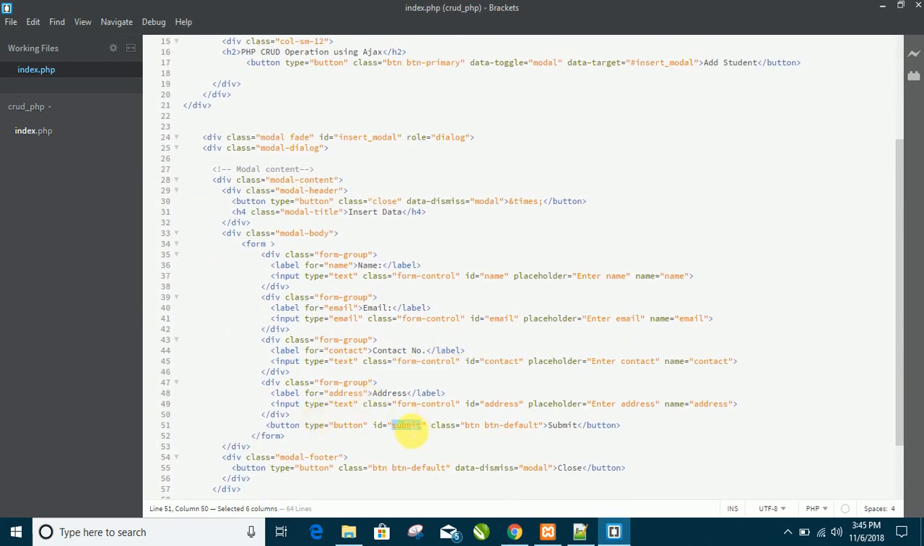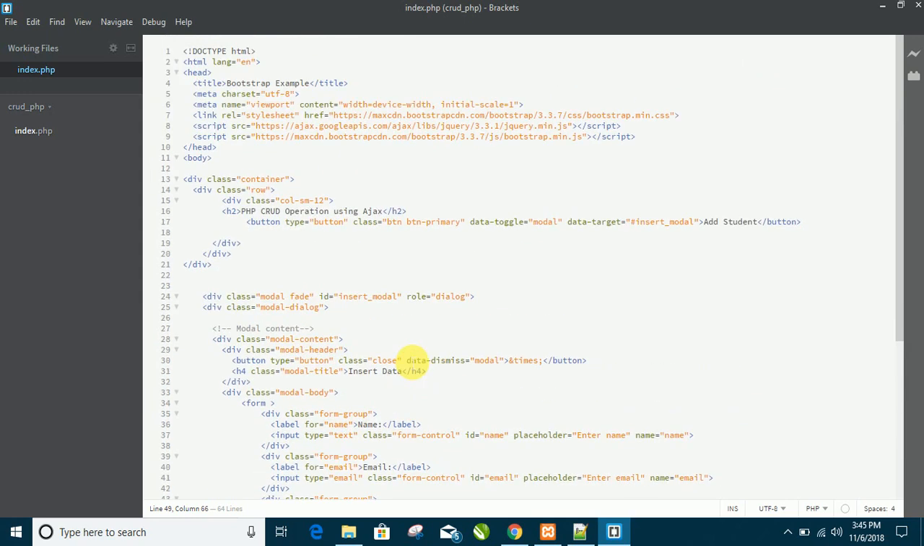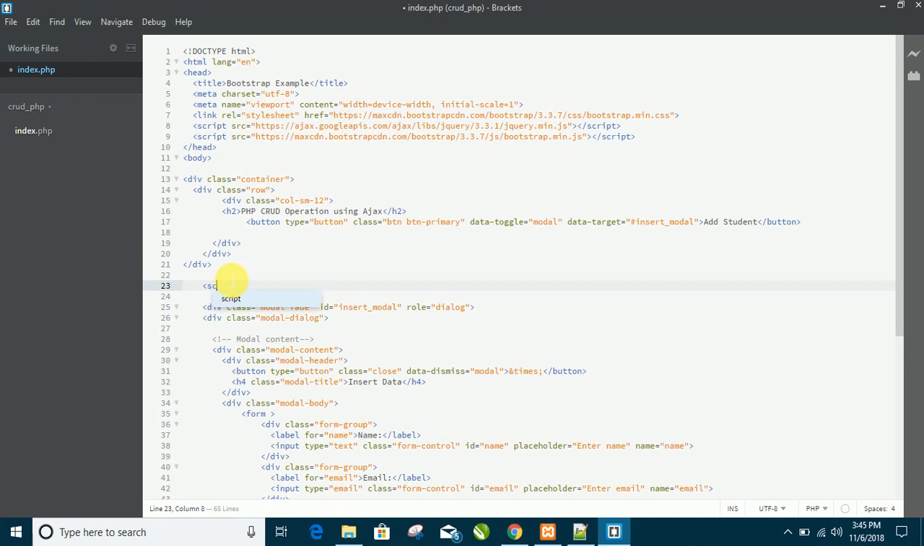Here you can see the ID is submit. And in every text box I have put the ID, like ID is equal to name, email, contact and address. So now we need to open the script tag. Let's open it here